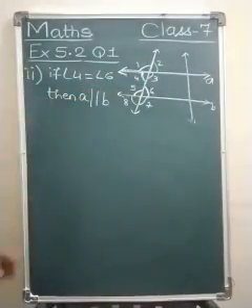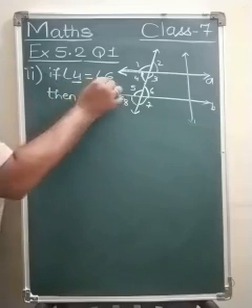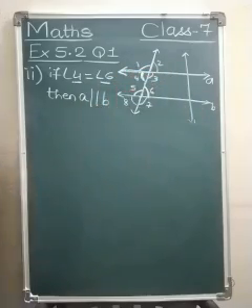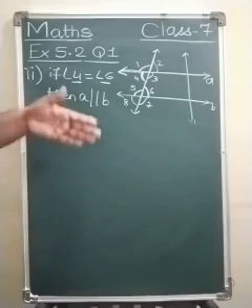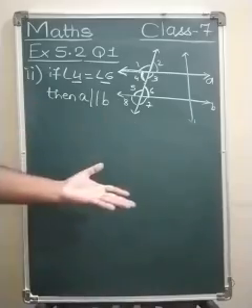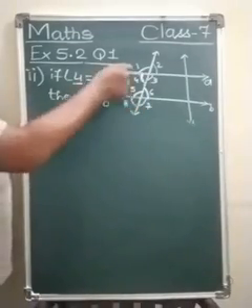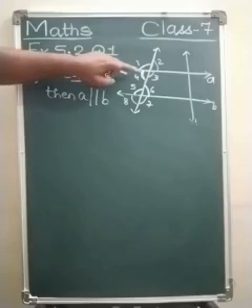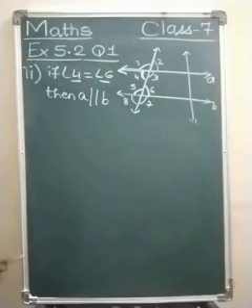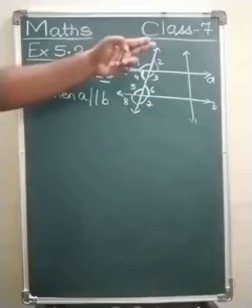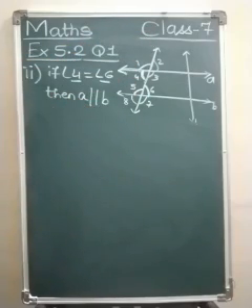Now angle 4 and angle 6, they are alternate interior angles. See here, in the Z they have formed. So angle 4 and angle 6, they are alternate interior angles, and again we have seen in the explanation that alternate interior angles are equal in measure. So if alternate interior angles are equal in measure, then A is parallel to B. So what we write as the answer is that angle 4 and angle 6 are alternate interior angles formed by 2 parallel lines and a transversal. Hence A is parallel to B.